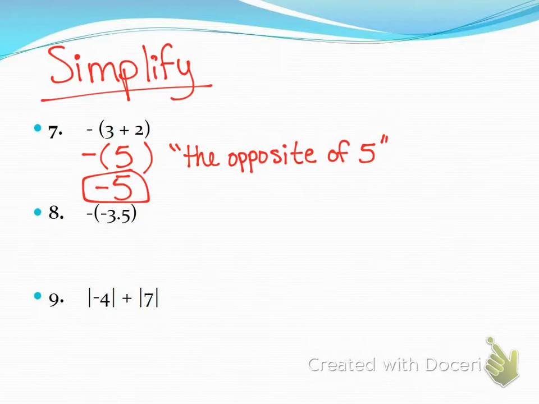The opposite of -3.5. Beautiful. We would read that to ourselves or out loud as the opposite of negative 3.5. What is the opposite of negative 3.5? Positive 3.5. So again, if you want to write it out in words so you know how it should be said to yourself,